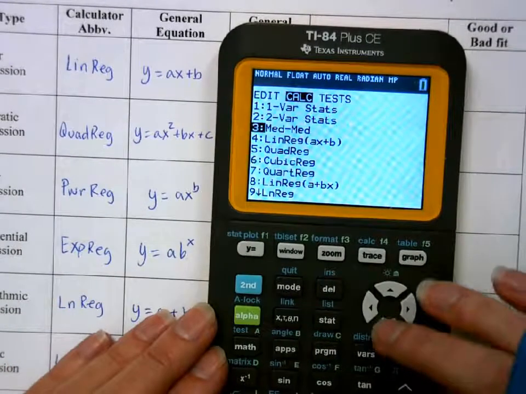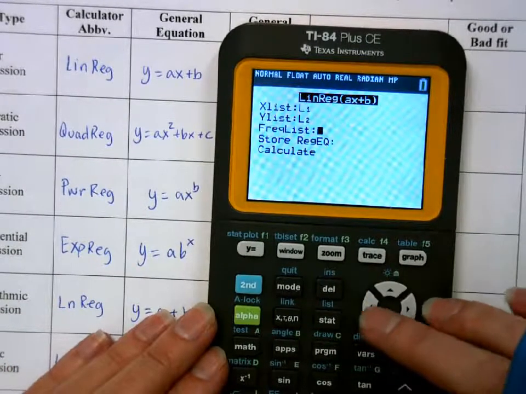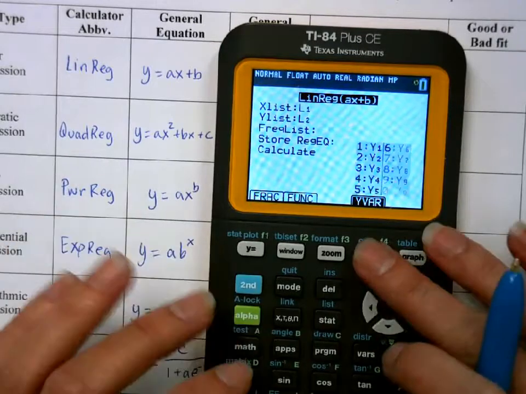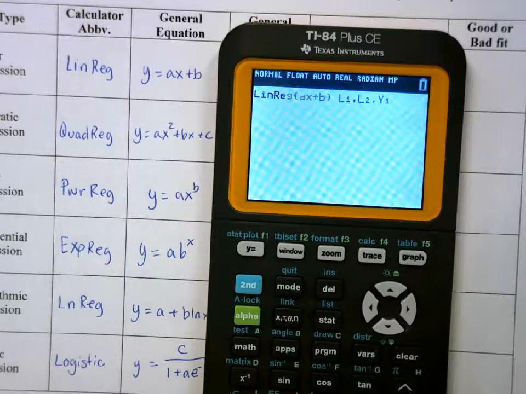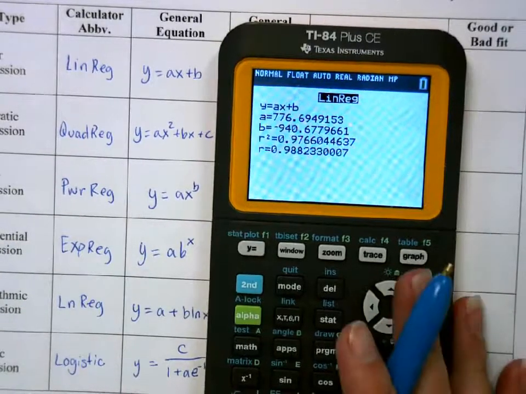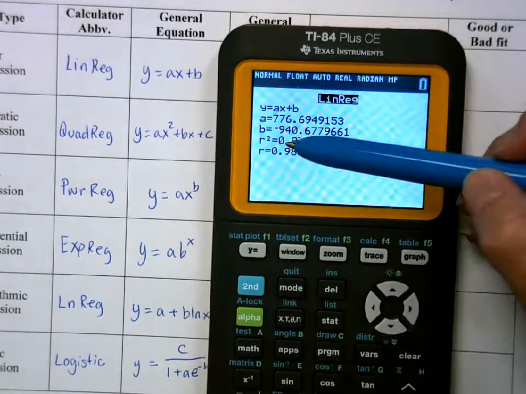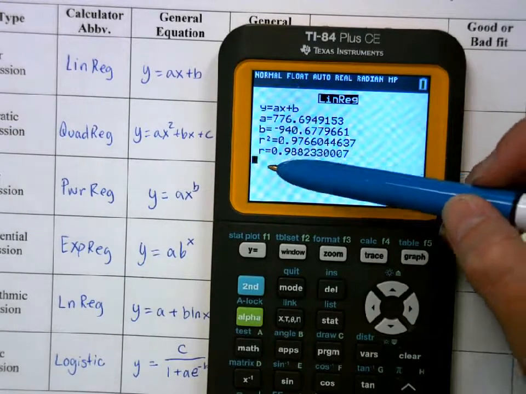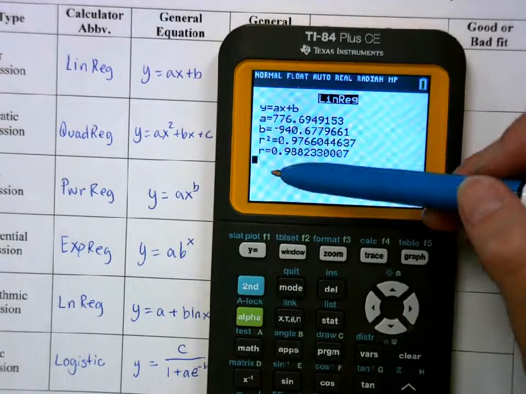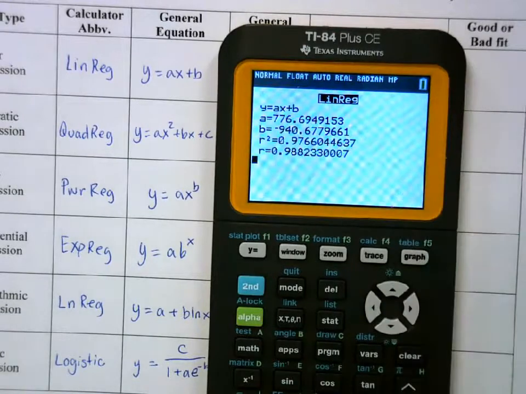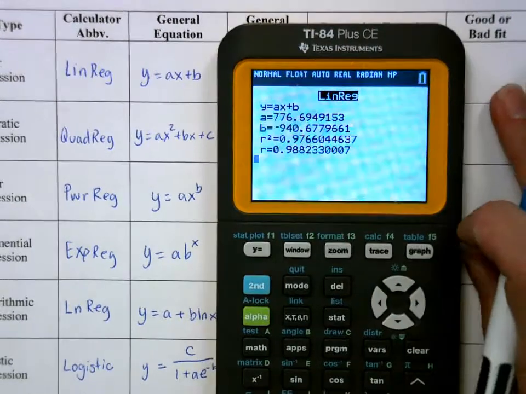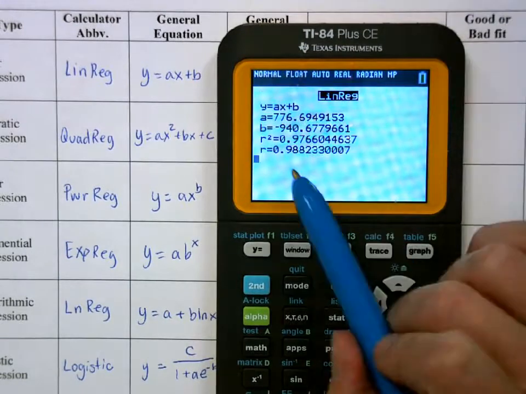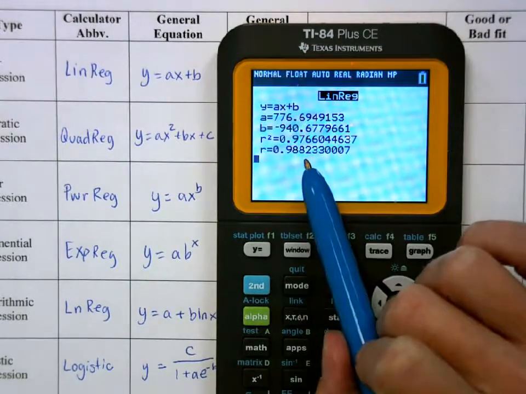We'll go ahead and store it in Y1, and calculate. Now that we have the diagnostics on, we have down here what's called a correlation coefficient, and then that value squared, so R squared. R squared is used in certain statistical calculations. The closer this number is to 1, the better this is. So if we go to the graph,